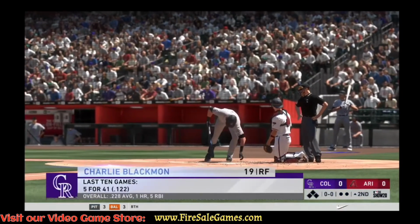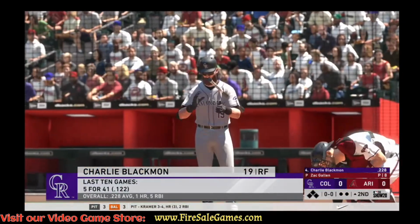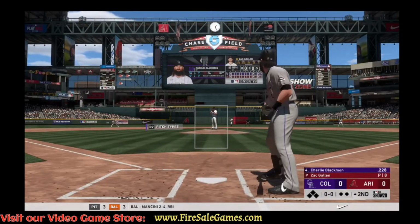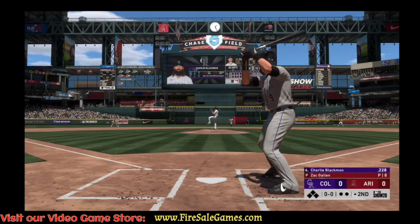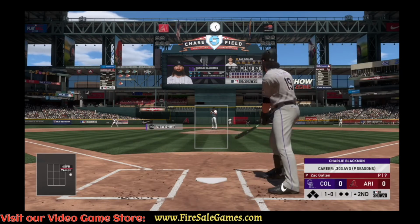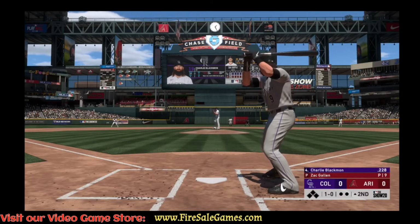So striding in, Charlie Blackmon, and he comes into this one really slumping. The numbers there over the past several games, not very pretty. Infield in the overshift here. Now the pitch. Second inning starts with a fastball that misses. It's 1-0. Well, today's game provides the Rockies with a chance to finish the job and complete a series sweep,